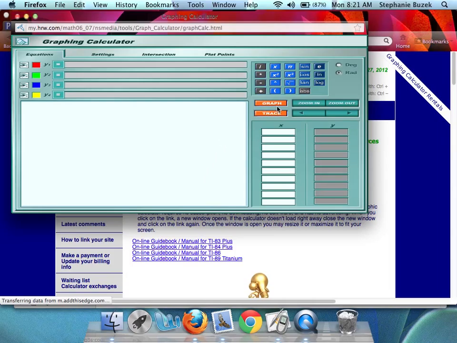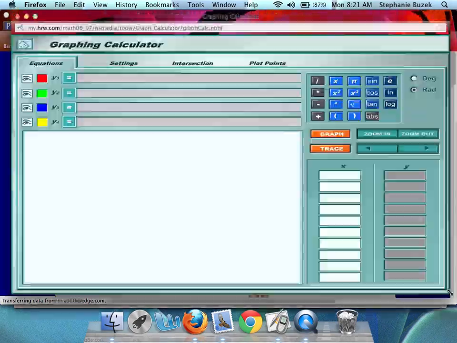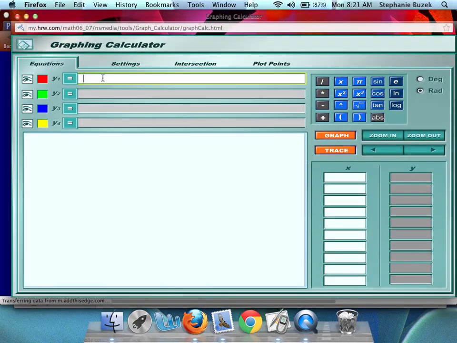Okay, now if you want to make it bigger, you can. Now we're graphing y equals 3 to the x. So we need to start with the 3, a caret, and then the x. Okay, so go ahead and graph that. And when you graph that, you're going to have to make some observations. So I want you to think about, when you click graph here,